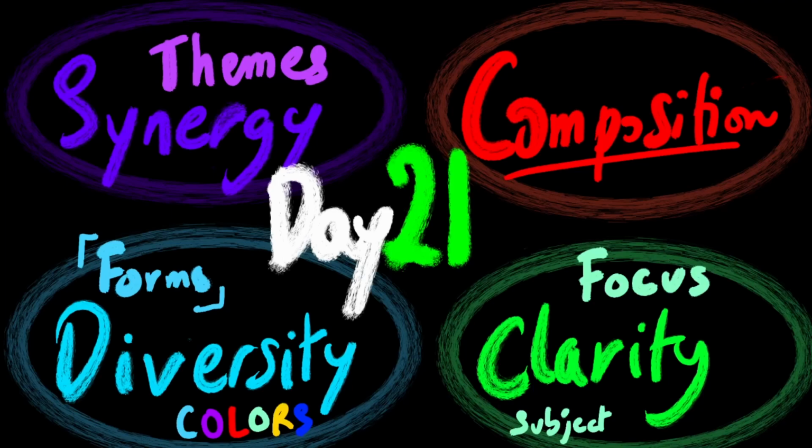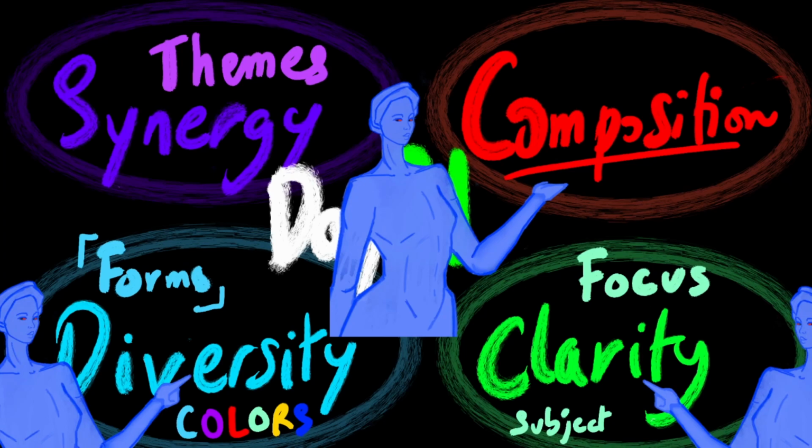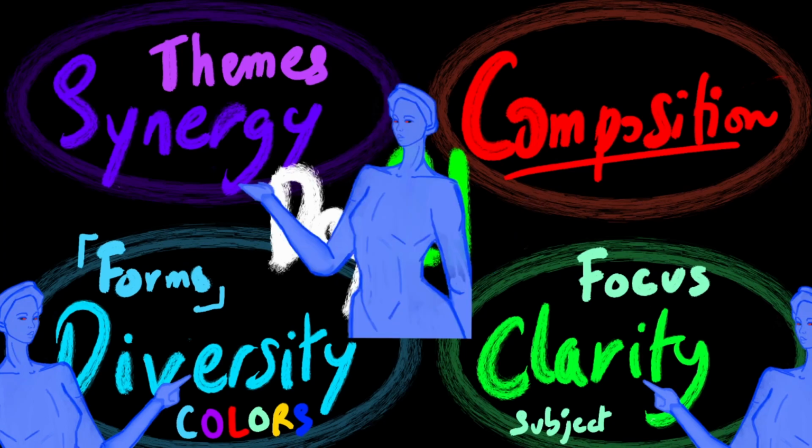On day 21, we'll continue on environments with composition. Now, how does composition differ from the other kinds of visual representations? We'll still preserve our principle of clarity, diversity, and synergy. But contrary to the other kind of graphical representation, namely here, the character's role, we'll focus our attention on a